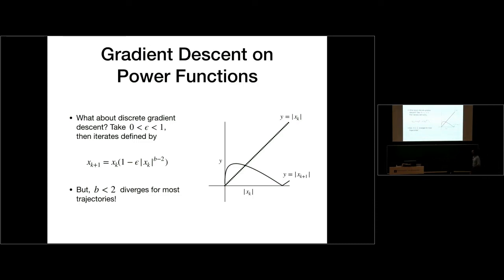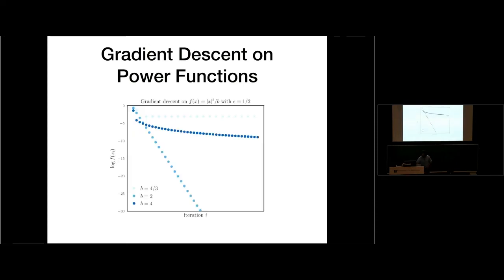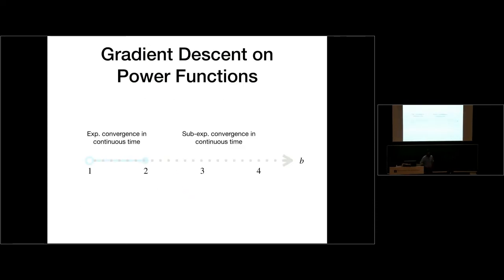Oh, by the way, because these systems are converging slowly for b bigger than 2 in continuous time, it's very unlikely, unless you get extremely lucky with a choice of initialization and step size, that their discretized variants converge quickly. And you can show that, but I'm not going to worry about that. So let's just think about what happens when we discretize the system for b less than or equal to 2 and see if we can preserve this kind of exponential convergence in discrete time.